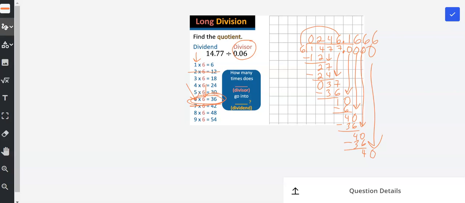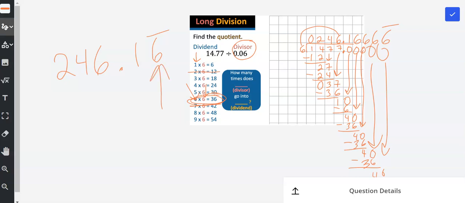6 goes into 40 six times. 6 times 6 is 36. I subtract, I get a 4. Bring a 0 down. 40. 6 goes into 40 six times. This is going to go on forever. So my answer is 246 and, ooh, I really can't say that the formal way because of this,